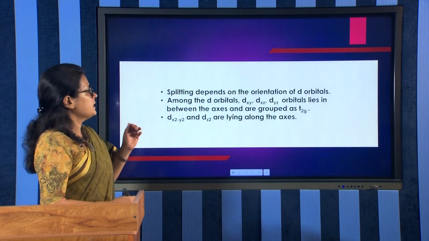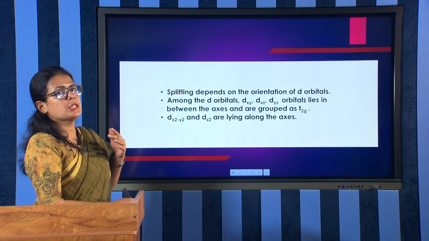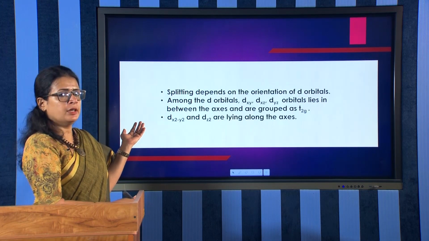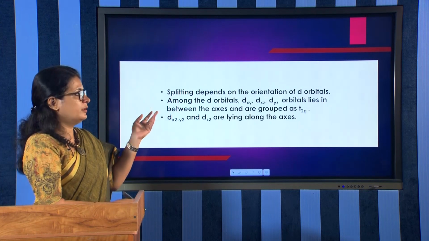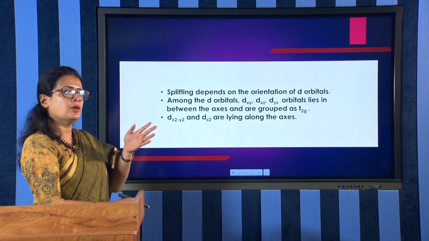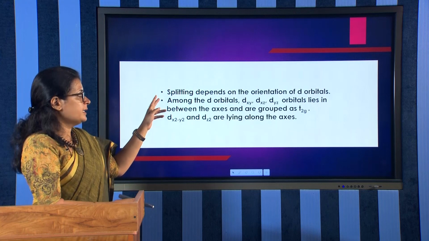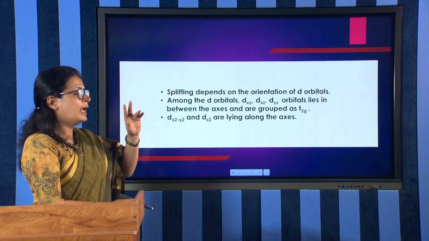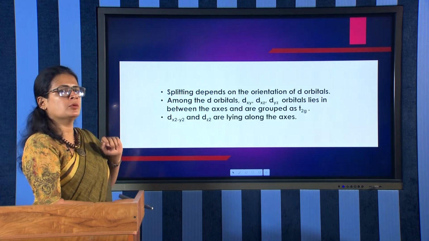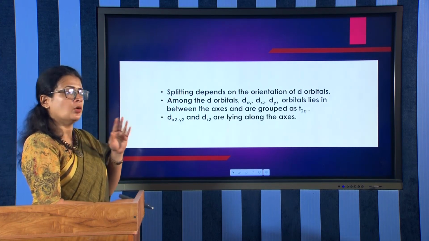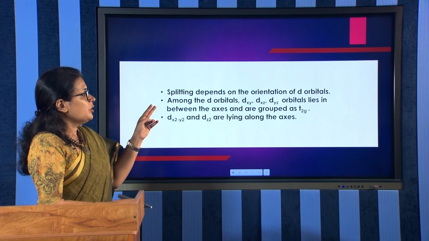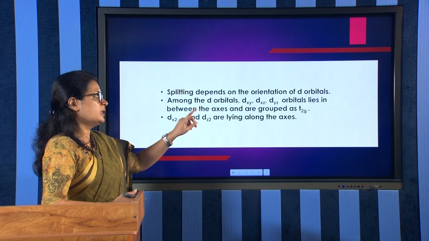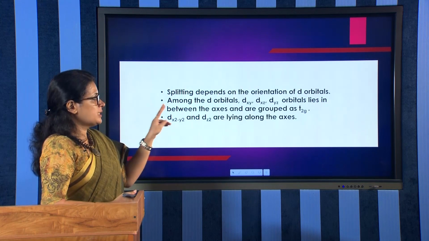And now, the splitting depends on the orientation of the d orbitals. We have already shown the figure. In the figure, you have seen that the d orbital orientation is different in all the cases. When the ligands come, the d orbitals will be split, and the splitting will depend upon the orientation of these d orbitals. Among the d orbitals, 3 of them, that is dxy, dxz, dyz, these 3 d